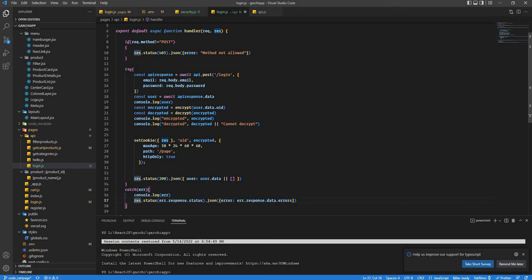Also, once this is done correctly, we will get the user details, and first we'll console them and then pass those user details to the front end over here. But before that, we will also need to encrypt certain things and store it in the HTTP only cookie. So how this works is,